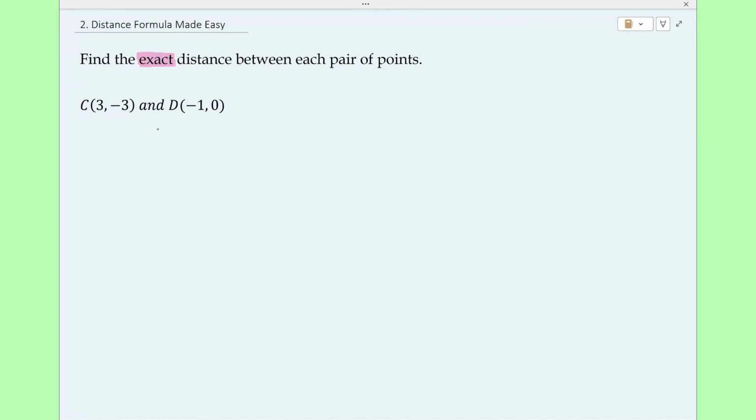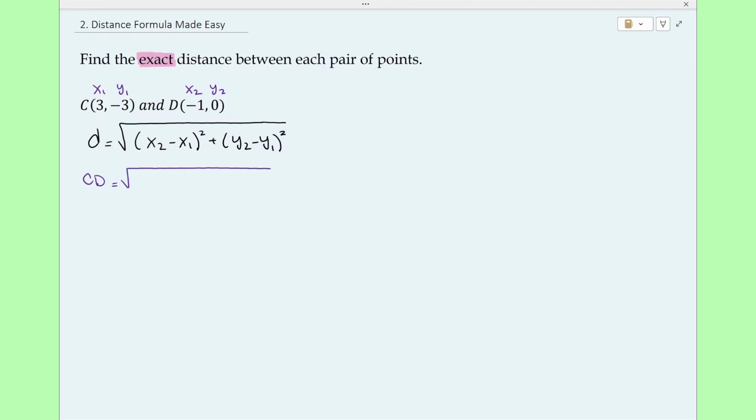So to start off with, we're going to write out our distance formula. Distance formula is the square root of (x2 minus x1) squared, plus (y2 minus y1) squared. So one strategy I have for you is to label your points. It does not matter which one is x1 or x2, but label them so it makes it easier when we're plugging it in. We're going to take the distance of CD equals the square root, and for x2, negative 1